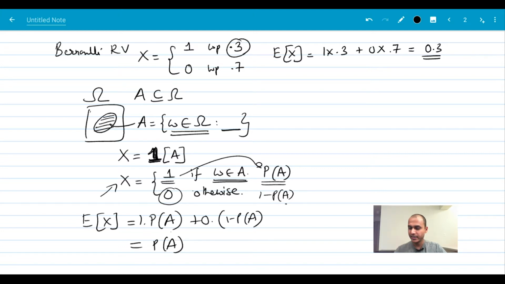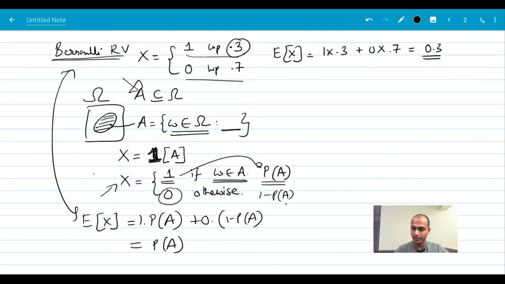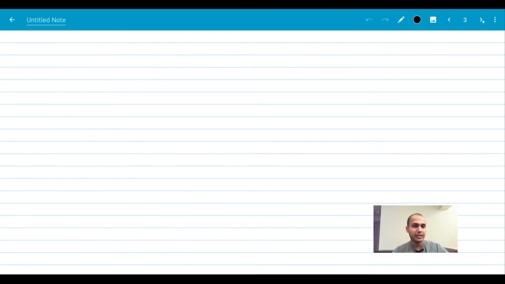So this is an interesting connection to Bernoulli. I gave you this example just to expand your horizon, to think of, okay, not just Bernoulli where everything is nice and well defined, but also if there is an arbitrary event A, and if somebody defined a random variable which is going to take, if the outcome is in A, it's going to evaluate to 1. The outcome is not in A, then it's going to evaluate to 0. Then that random variable, its expectation is nothing but the probability of event A itself. Okay. So that's a couple of examples for expectation.